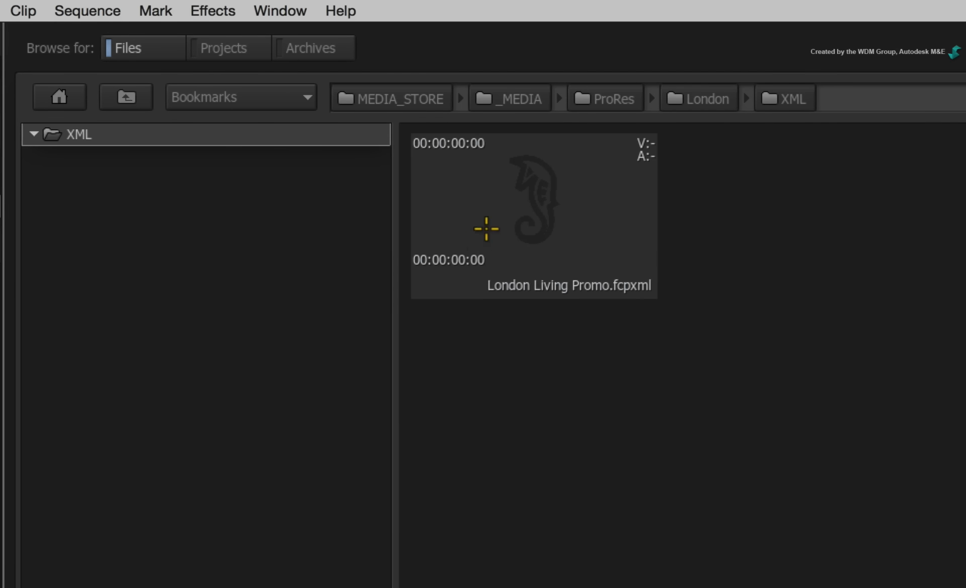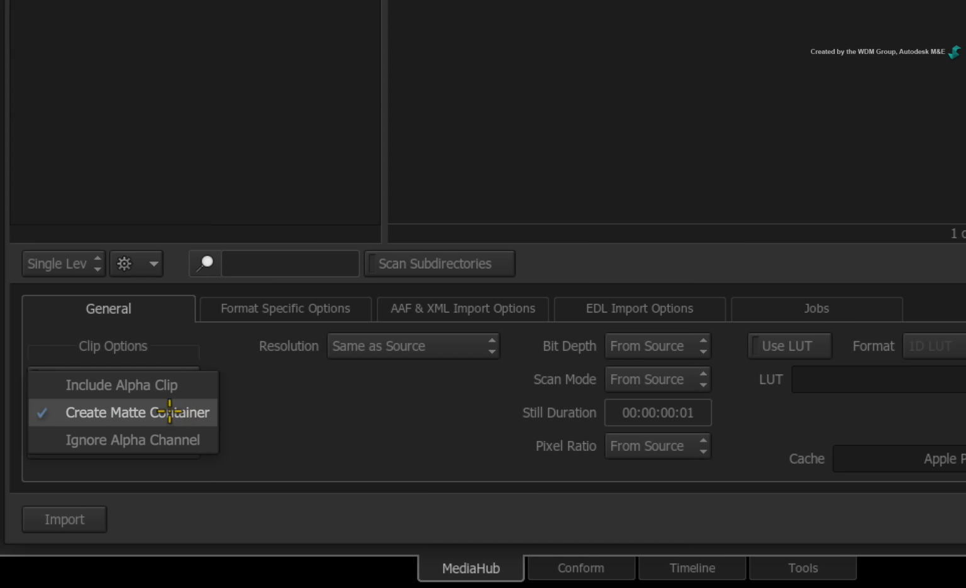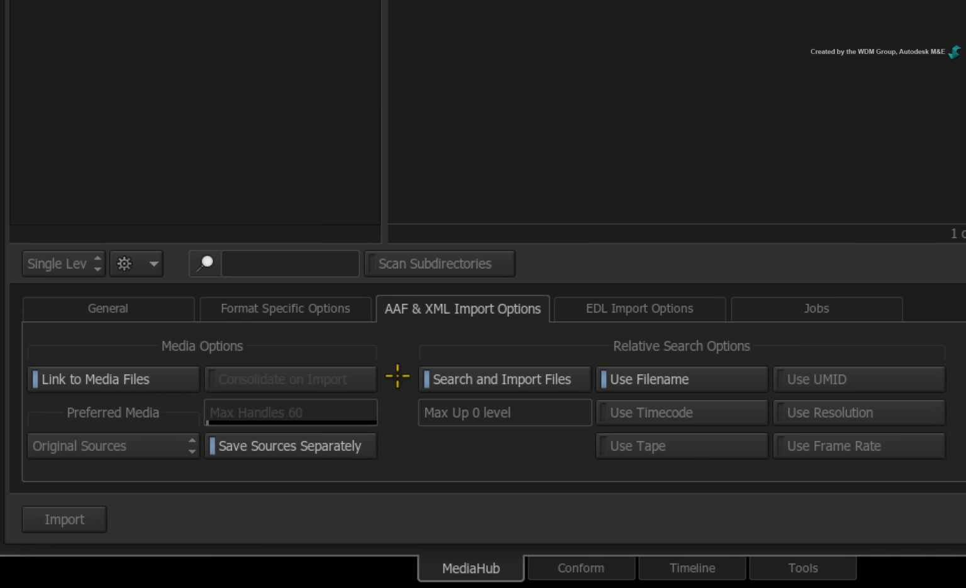Remember to enable the matte container creation under the Clip Options header. Now switch over to the AAF and XML import options. This is by no means a requirement, but this menu will show you what Smoke will initially do when attempting to build the conform. Under the Media Options header, Smoke will automatically search the original file paths in the XML